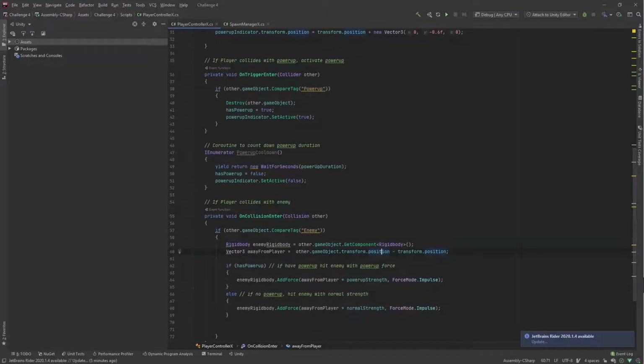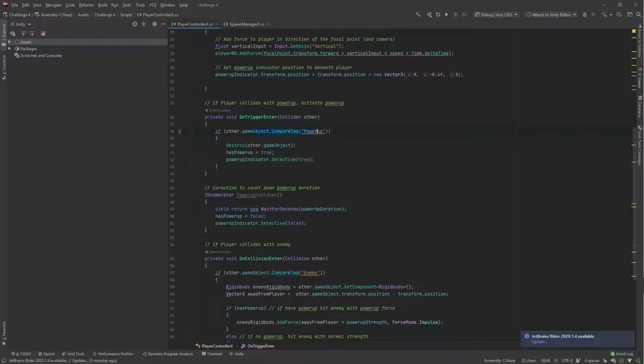It says power-up cooldown. It waits for seconds of the duration, and then it sets it back equal to false, and it sets the active to false again. If we remember how to set a time limit or a time cooldown, which we also learned in our Unit 4, we should actually be using coroutines for our cooldowns. So let's go over to our